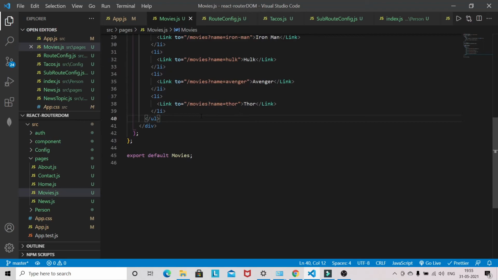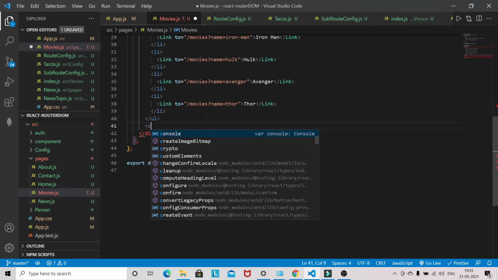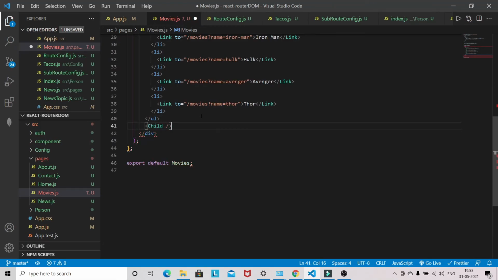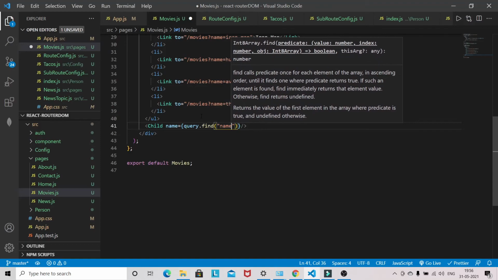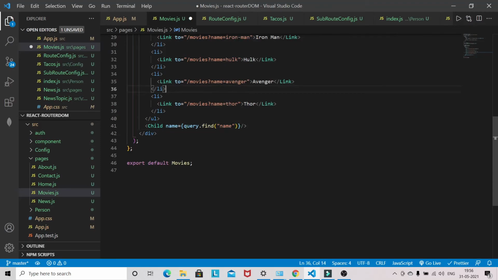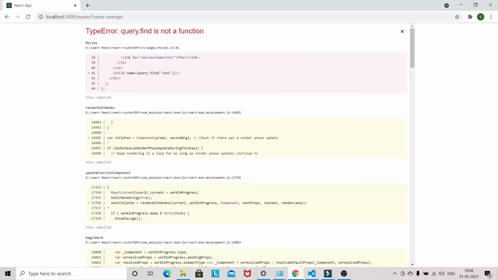After the ul tag, we have to pass the name and query dot find name, because this is the name we have in our route. Now let's see.